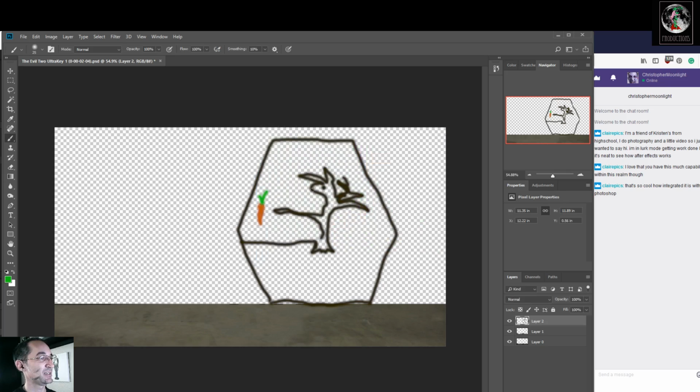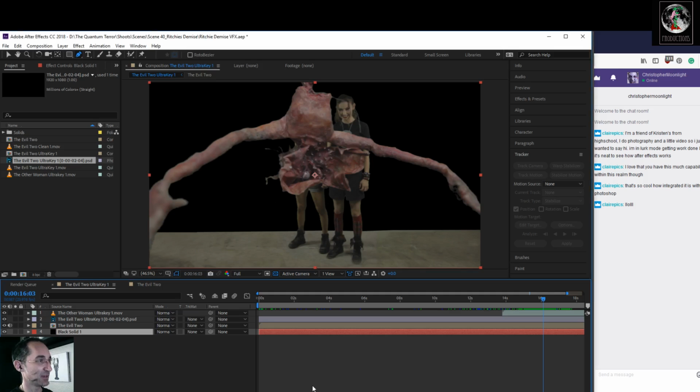See, it's a carrot. It's got leaves on it. It's Easter soon. Anyway, that's the other dimension. And so we save that, and we go into there, and there it is, sort of. You know, you do what you can.